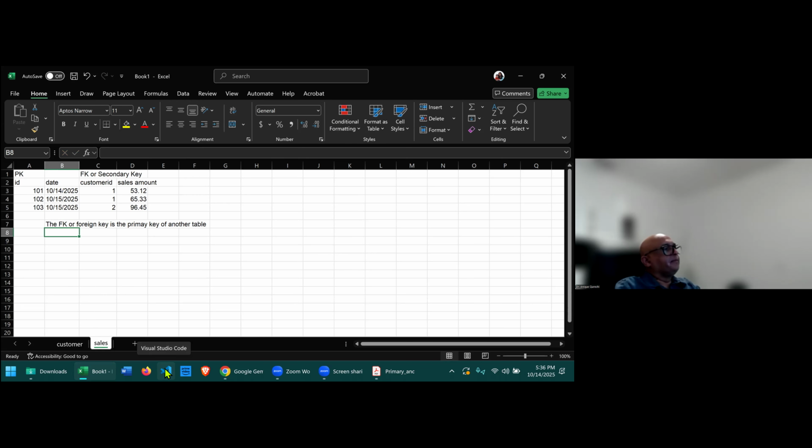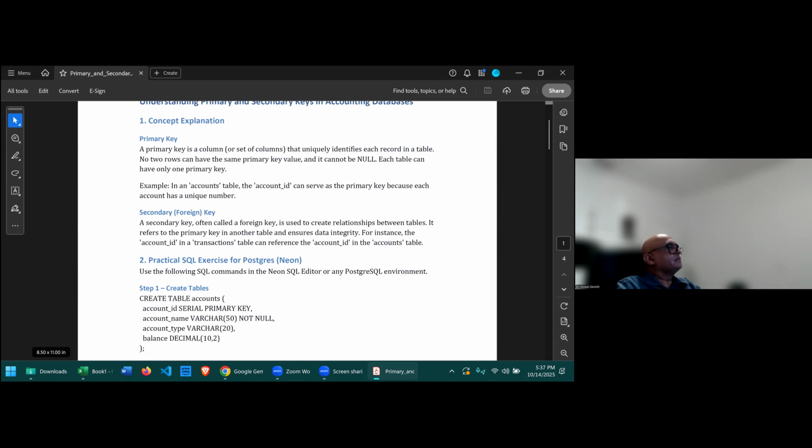That's what it is. It's the primary key of another table. And what is its purpose? It's used to cross-reference. It's used to indicate here that, okay, this was John Smith, that this was Jane Doe. That's it. So going back to this one,